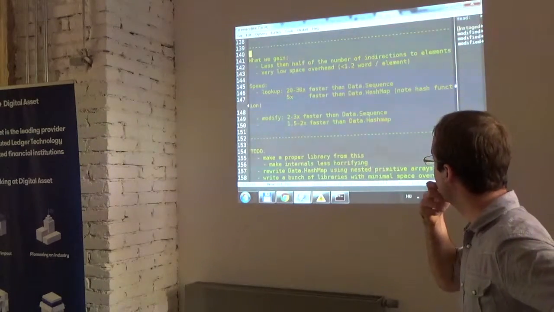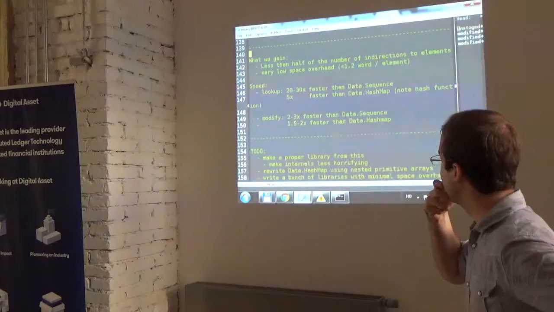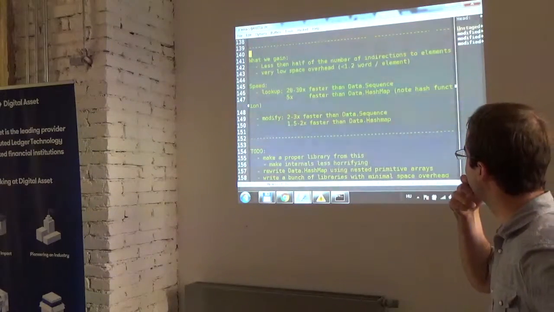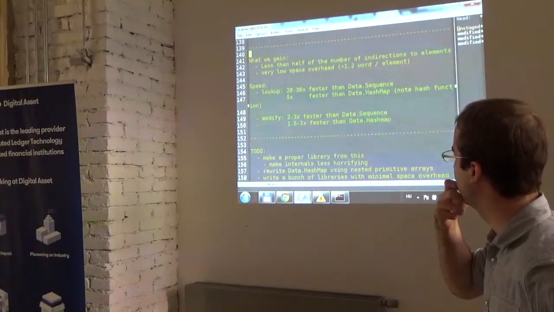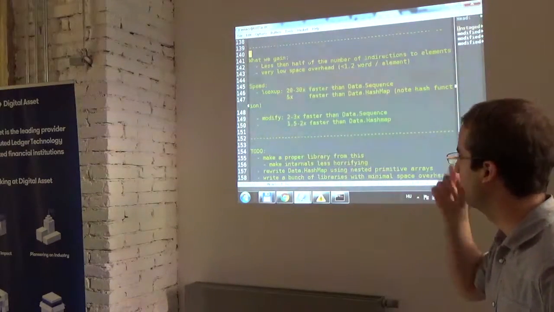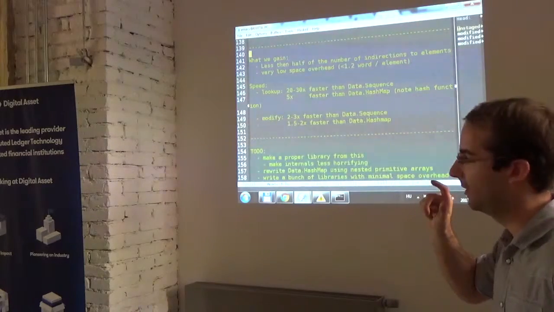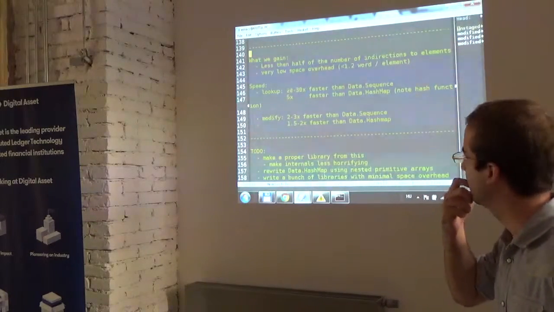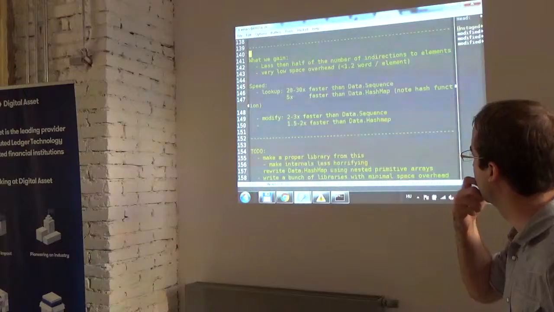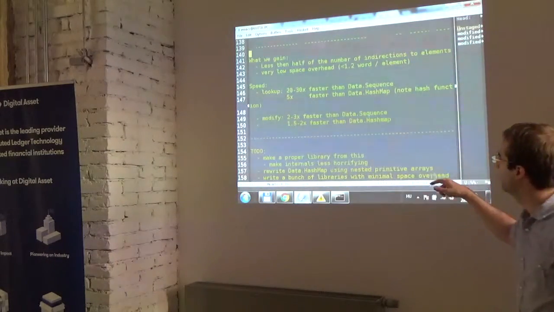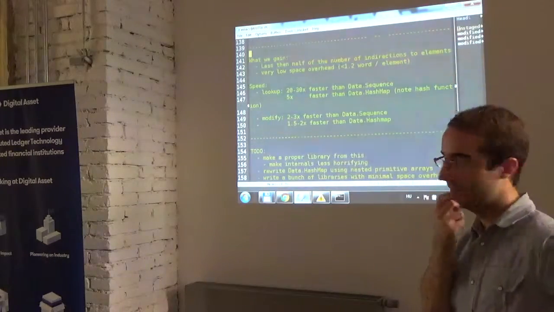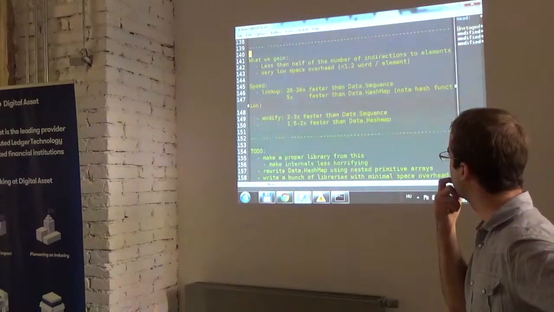And the speed is, okay, I don't have benchmarks, maybe I can show you, but it's not in a very nice format. I also have to update the benchmarks because I had hundreds of benchmarks 2 years ago, but some of them are now broken because criterion is not the same. So basically we have about 20 to 30 times faster lookup than Data.Sequence, and about 5 times faster lookup